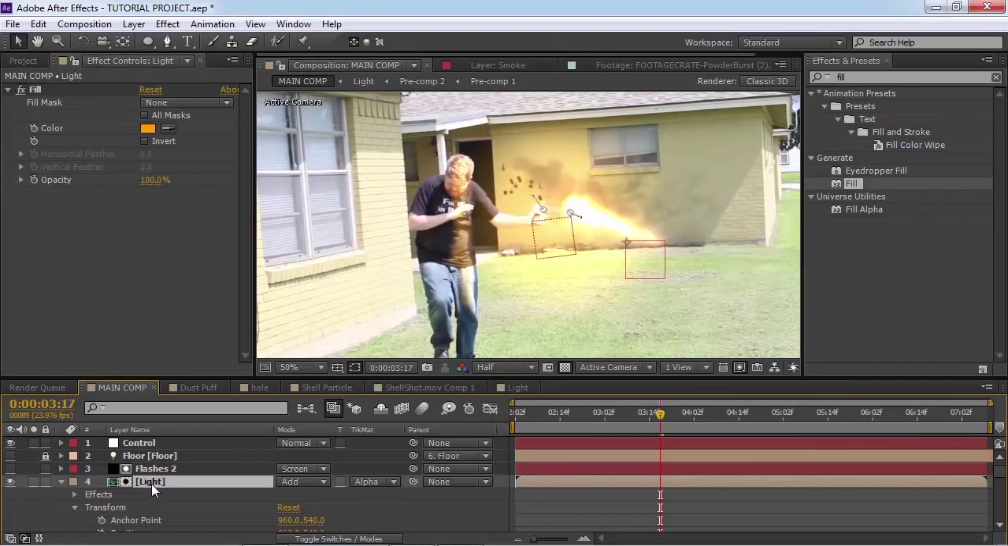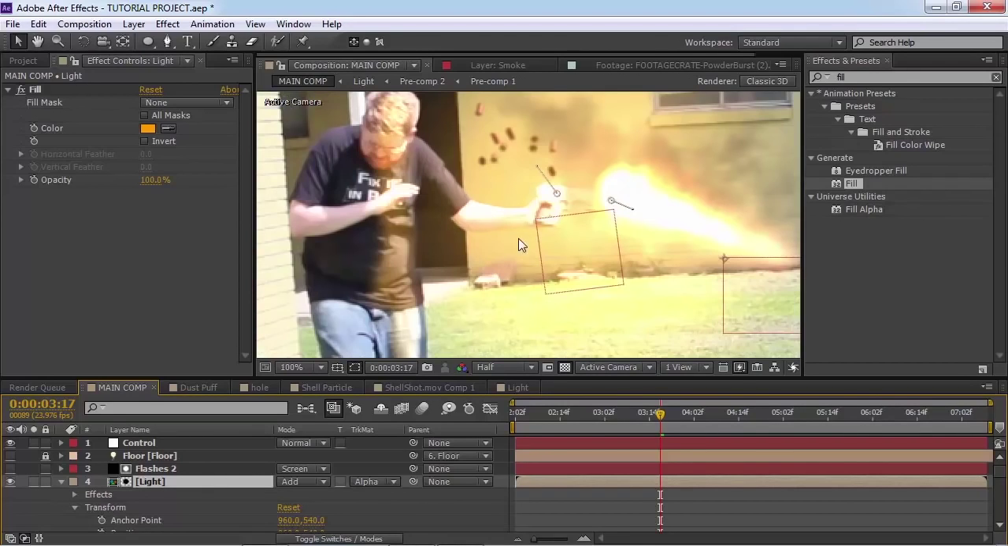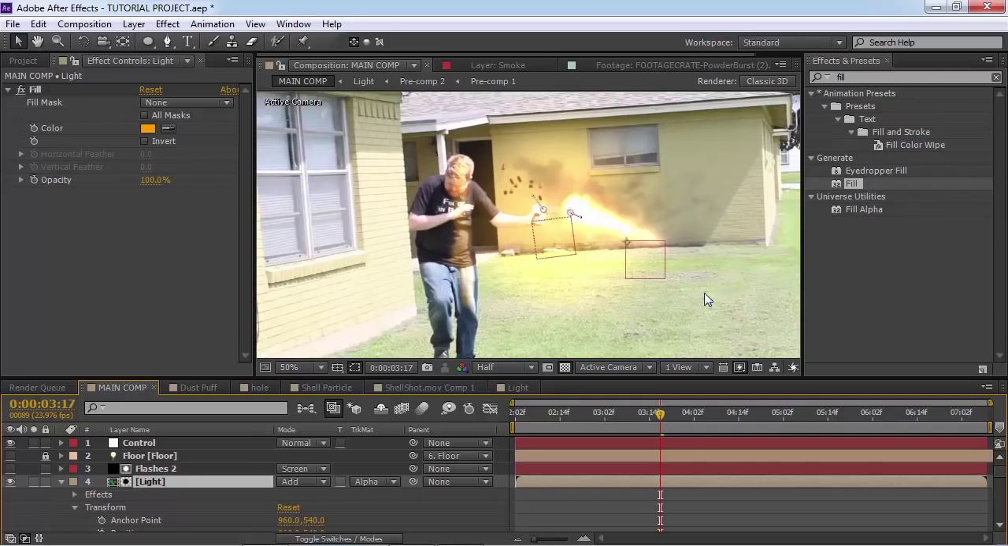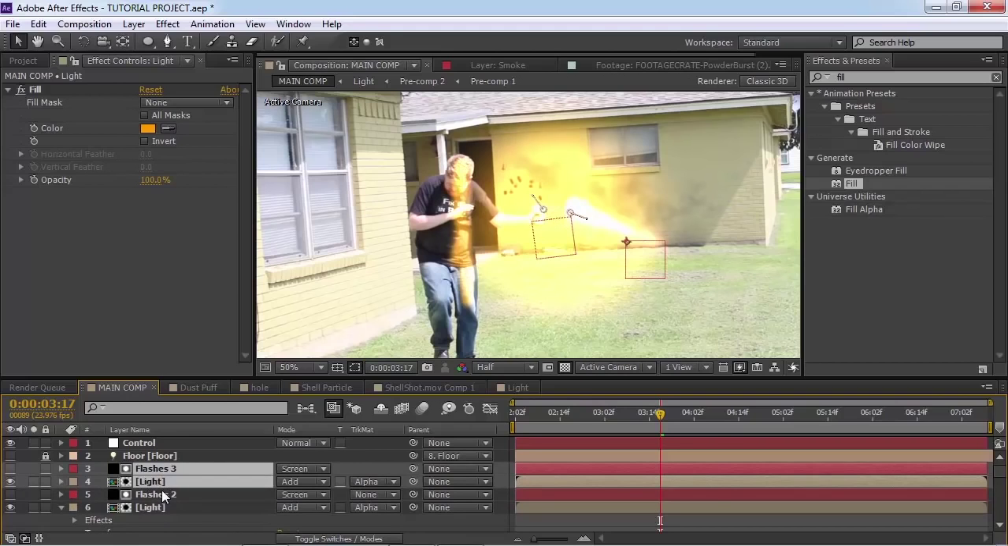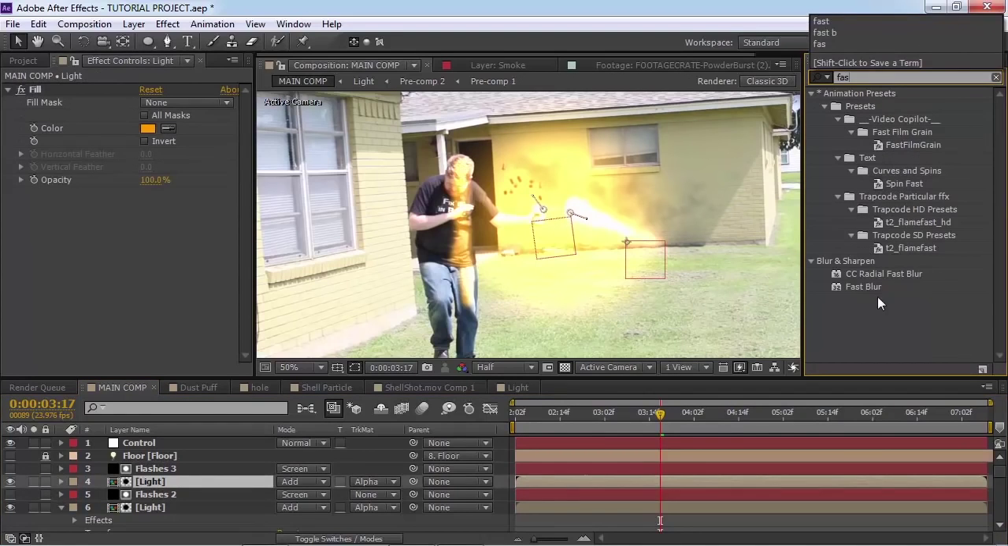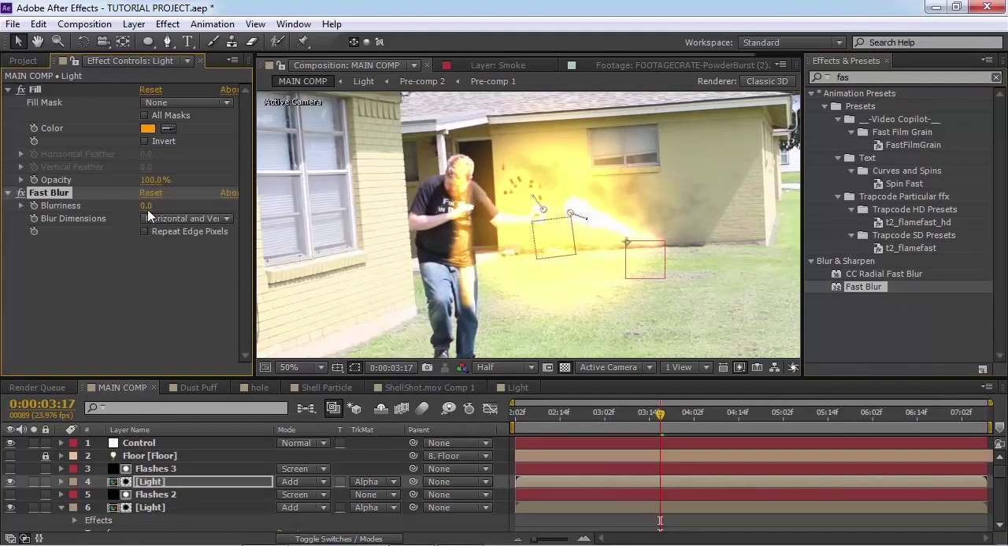And actually we can, since light doesn't fall off linearly, it falls off in an inverse square, which if you don't know what that means, I don't know what it means either. But I know that this is not what light looks like. So we can highlight both of these layers, Ctrl+D to duplicate, move this one up, and we can add a fast blur and blur this one out even further